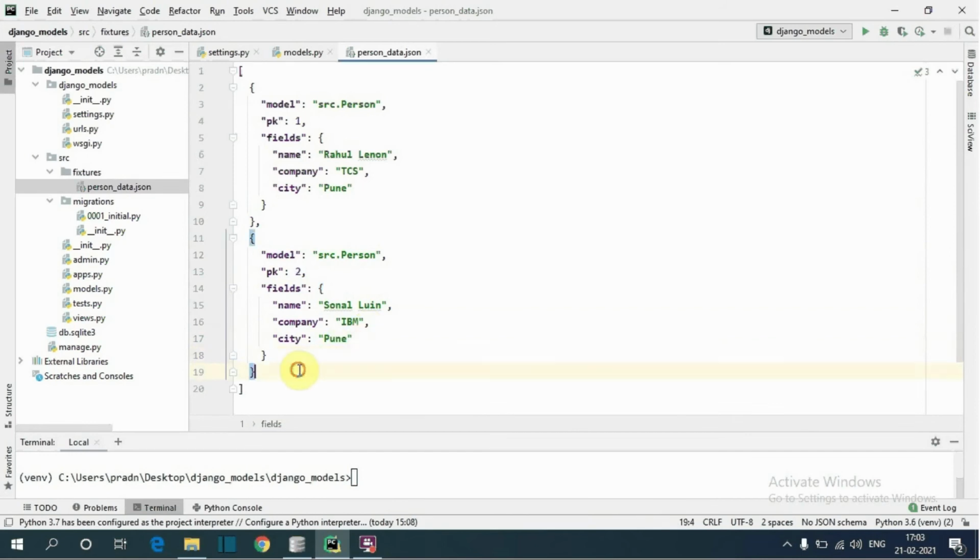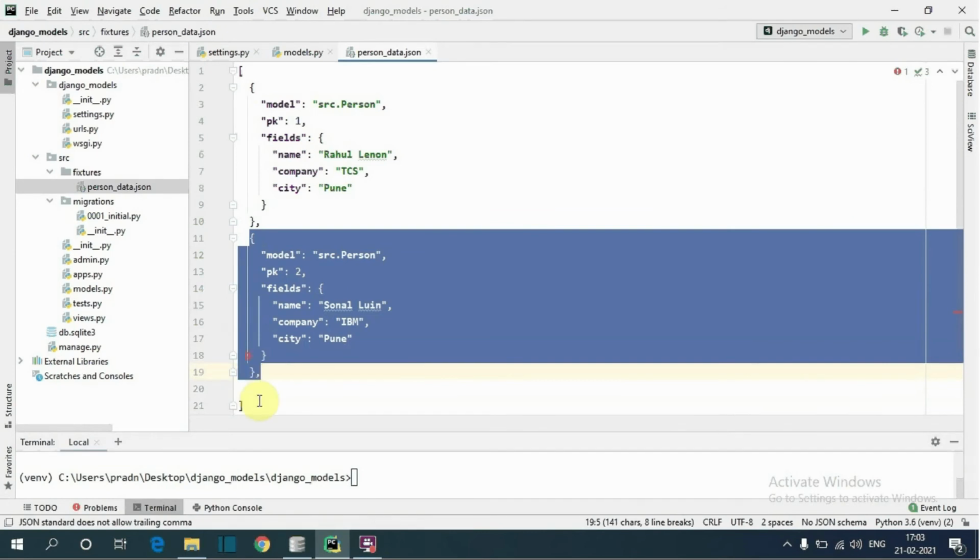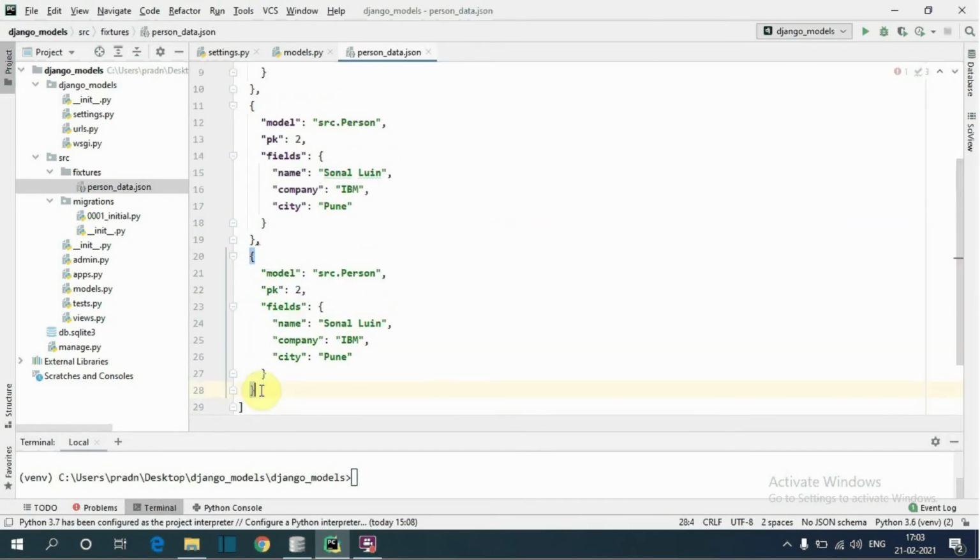Then I will specify another JSON object. I will copy this. Here I will set the id value to 3. Then the name, then the company name, then city.